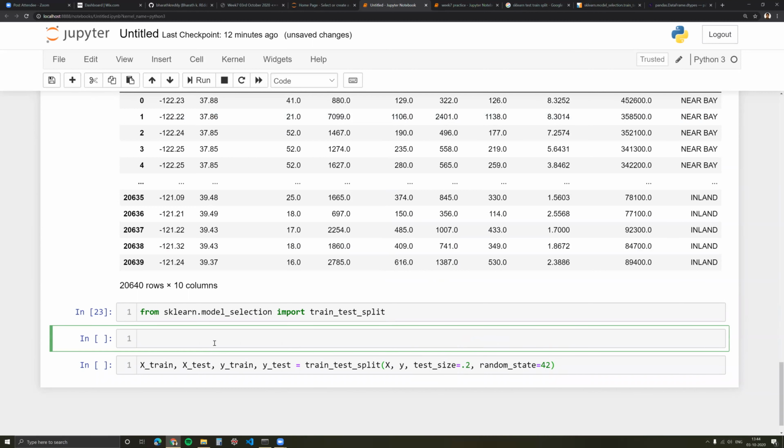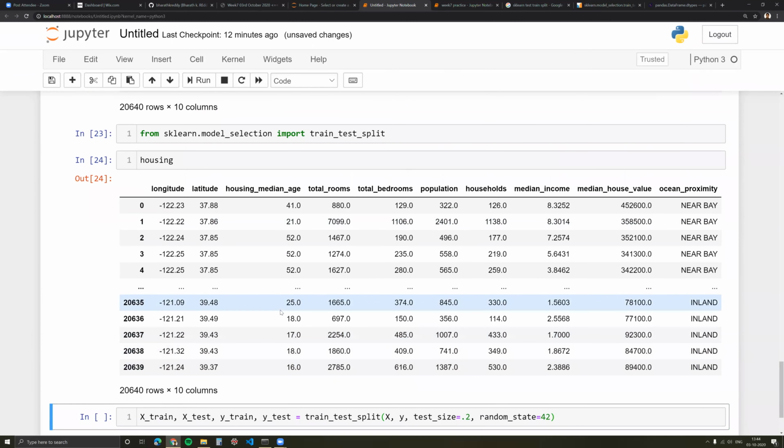Hello, Bharat. Sorry to interrupt. Sure. What is the difference between using the random state value 42 or 1? Because in the practice example which you gave, you have mentioned random state is equal to 1, but in this California housing dataset you have mentioned it as 42. How does it differ? This number is just any number.